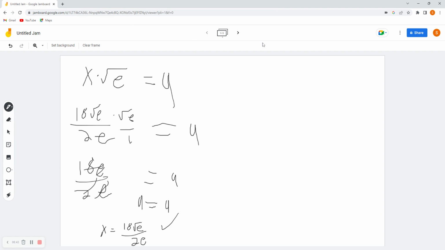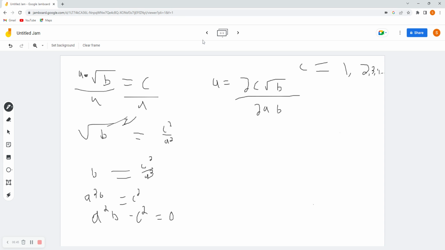But there's an easier way to do this. It's not easier, but this always works. So pretend we have an a here. A could be like the x variable, the y, or the z, or you can give yourself an a. It could be like a is equal to 2, 3, 4, 5, anything, and then b is equal to any other number too. B can be equal to like 7, pi, e, anything like that. And then c can be equal to any number here: 1, 2, 3, 4, 5, 6, 7,